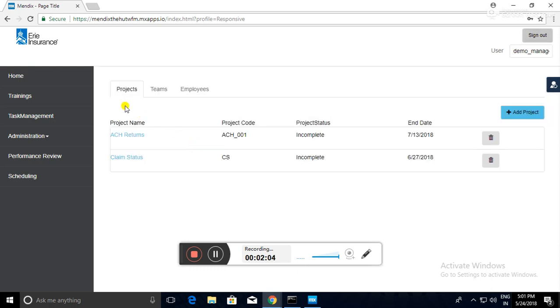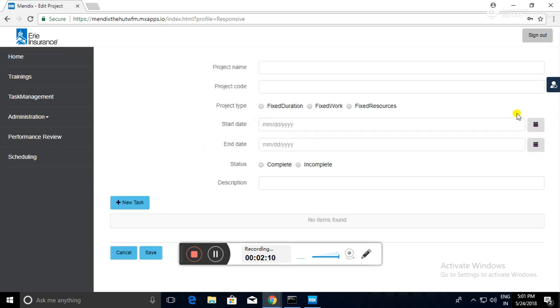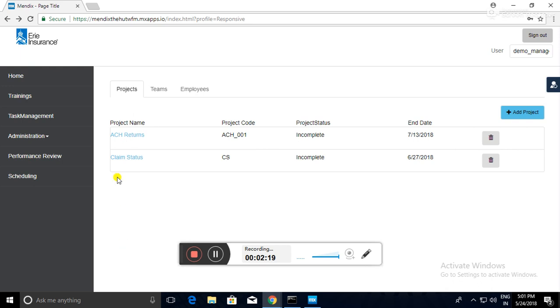Let us come back to the projects tab. Here in the projects tab, a manager can add a new project by clicking on the add project button, filling in all the details specific to that project and clicking on the save button. This is how a project looks after it has been saved. So here I have added 2 projects. When I open this project,